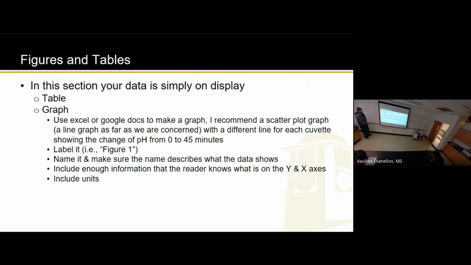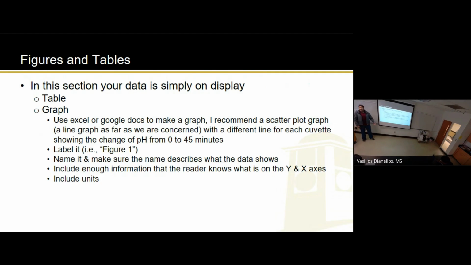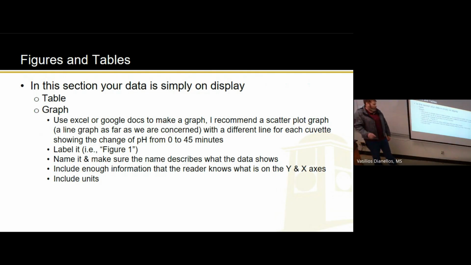Again, you should label it. This is figure 1, regardless of which experiment you did. If this is your first graph, it is figure 1. As always, after figure 1, you need to have a title that describes the data. And again, as always, your graph should include enough information that somebody who reads the graph without reading a lab report or the lab manual should understand what it means. That's your basic benchmarks for a graph. And again, when we do the experiments, just as usual, I'm going to draw you some hypothetical graphs of what it should look like. Anyway, any questions about this?